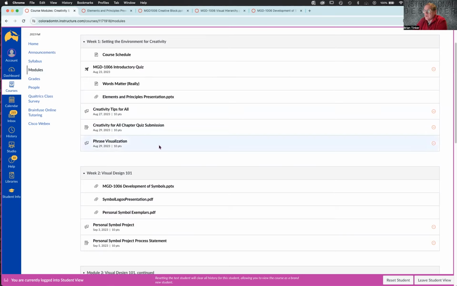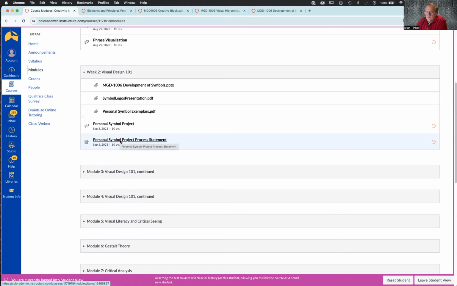So these are some references. We have an assignment, again, as a discussion. And then we have this thing called the process statement. From this point forward in this class and all their other classes, students are required to do a process statement with every assignment. It can be a paragraph, it doesn't have to be anything particularly long, but the purpose is to have the students report on any particular challenges they encountered in doing the project, maybe what the inspiration for their concept was.